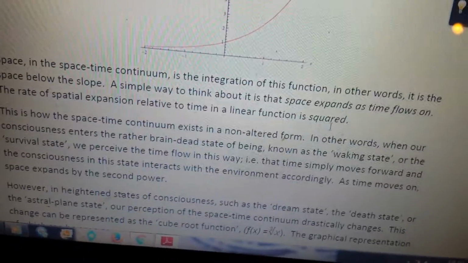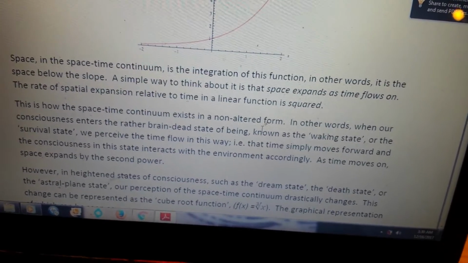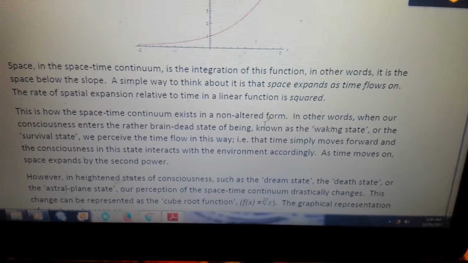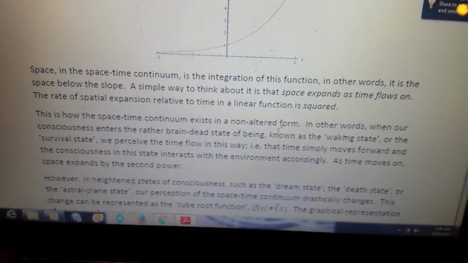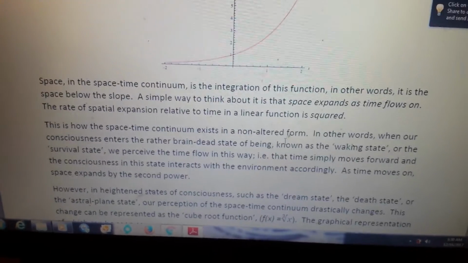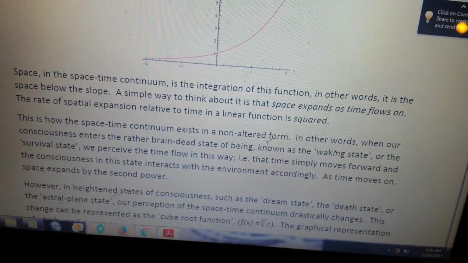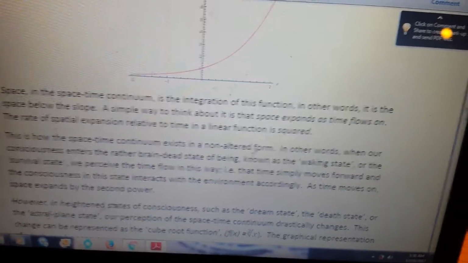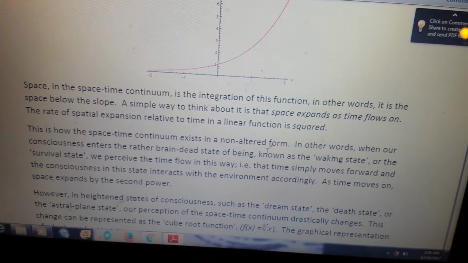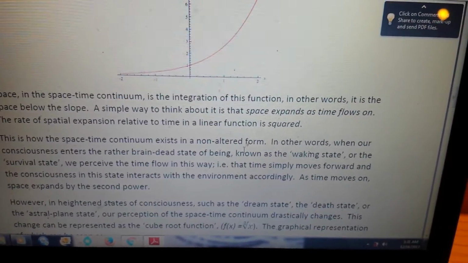That's what you get when you integrate a linear function. Okay? So this is how the space-time continuum exists in a non-altered form. In other words, when our consciousness enters the rather brain-dead state known as the waking state, or the survival state, or the 3D reality, or whatever you want to call it, this is how time will flow, and it simply moves forward, and consciousness in this state interacts with the environment accordingly, and the environment is the